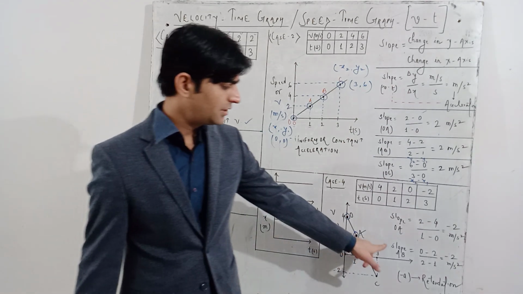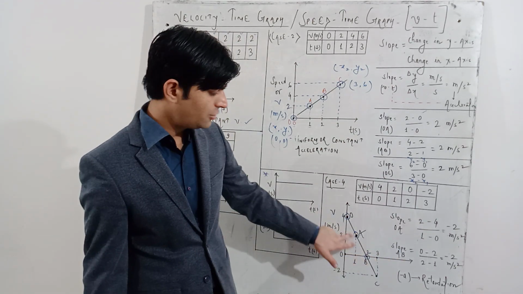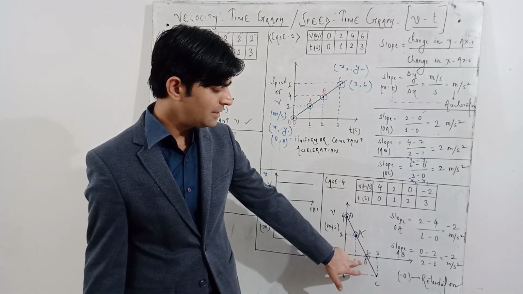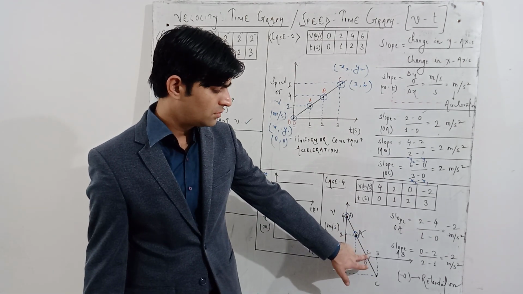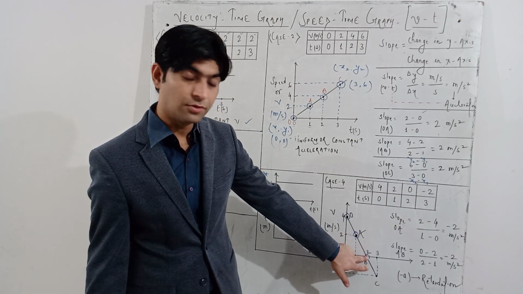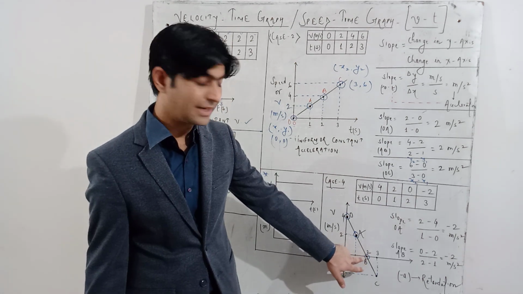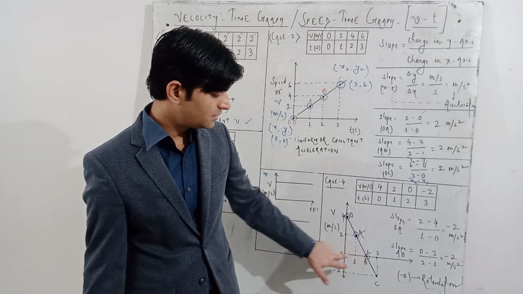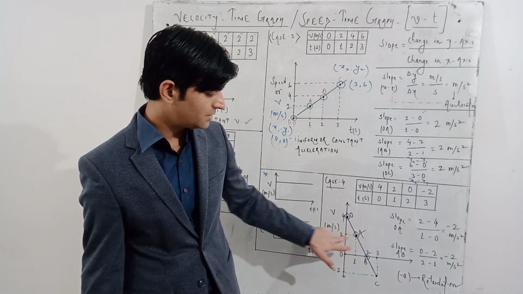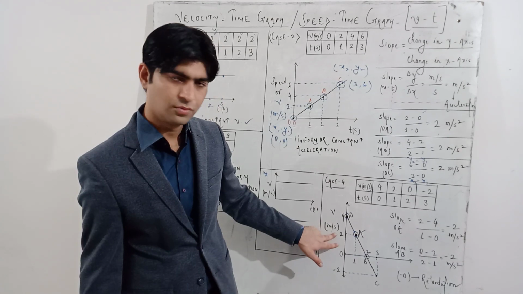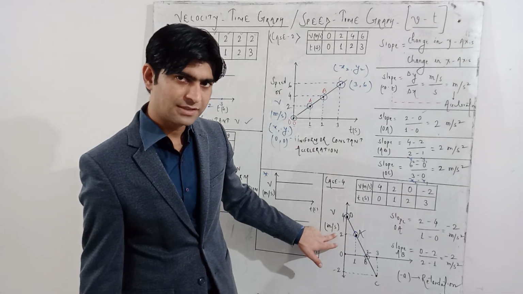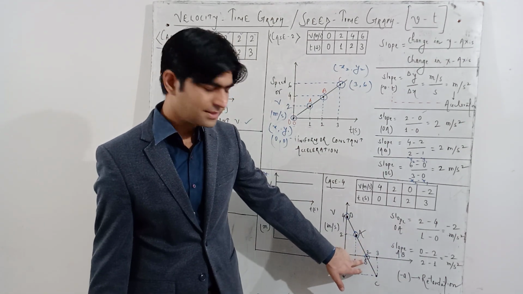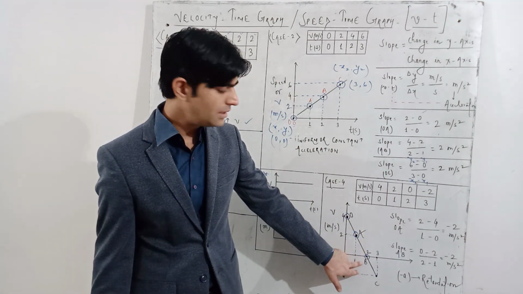Okay, for portion AB also you can calculate. B is the ending point, A is the starting point. What is written at point B on the y-axis? 0. For point A it is written 2. So 0 minus 2 is the change in y-axis. Change in x-axis: what is written on the x-axis corresponding to point B?